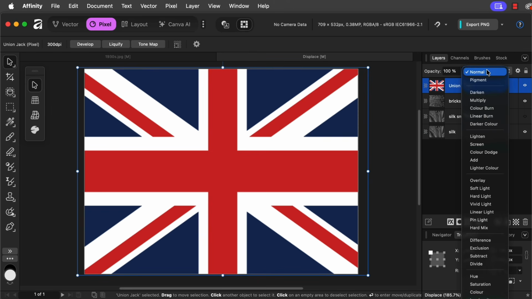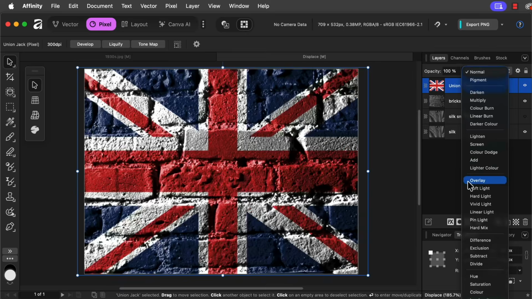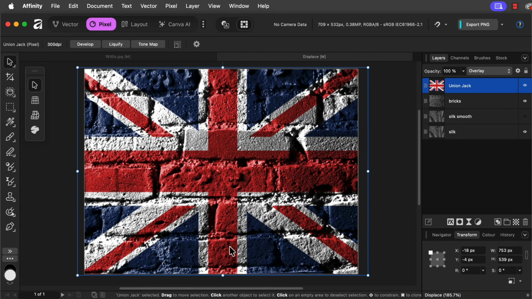Well, the first thing is to change the mode of the layer from normal to overlay, and now we can see the bricks through it. But although we can see the bricks, we need to distort this flag so it looks like it's actually painted